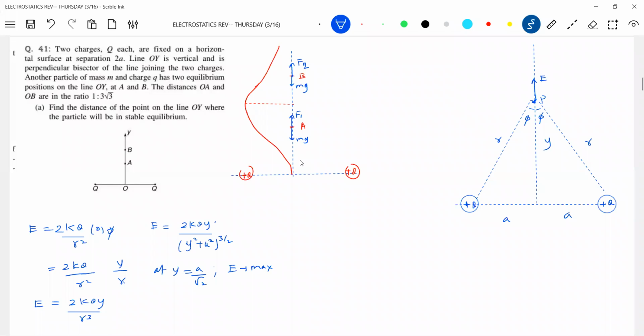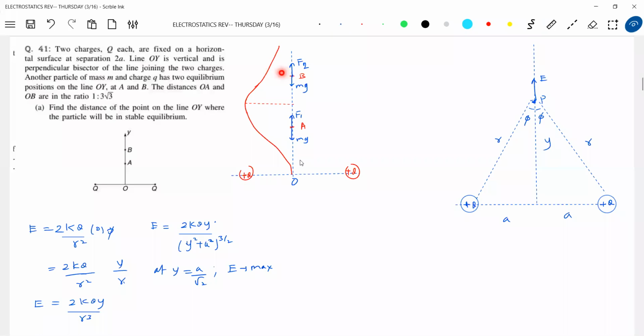What do you say about stable equilibrium? Stable equilibrium is one where, when you displace it, the restoring force should act opposite to the displacement. Will I agree? Okay, let me test this particular point here. Here the electrostatic force will balance weight. If I slightly push it up, then the force F2 will decrease, no? So what is this length? This will give the magnitude of force. Please try to analyze, because I don't have anything other than this curve, using this I should explain.